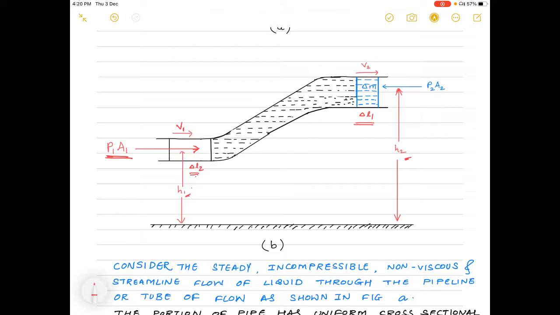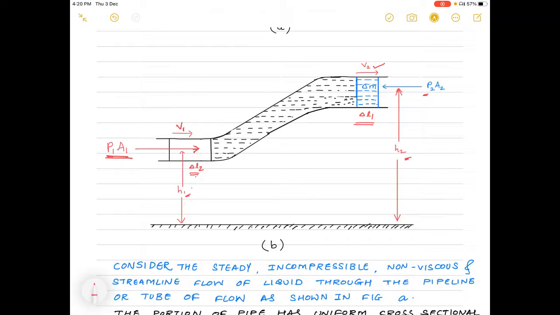And we also consider that the velocity of the element, or the liquid or the fluid on the right hand side, be V2. At the right, the pressure on the element is P2 and velocity is v2. These are all the considerations or prerequisites that we should know before studying Bernoulli's principle.